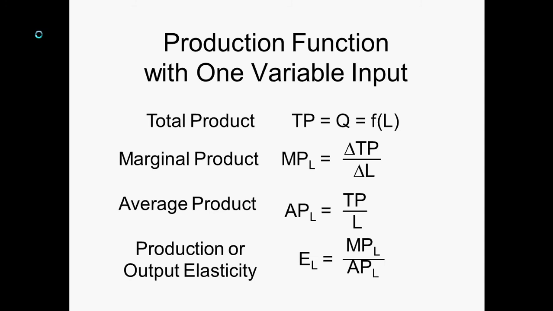The average product of labor is total product divided by labor. So how much are you producing per worker? And then we've got an elasticity. And the elasticity turns out to be the marginal product divided by the average product. And you maybe see that if you imagine